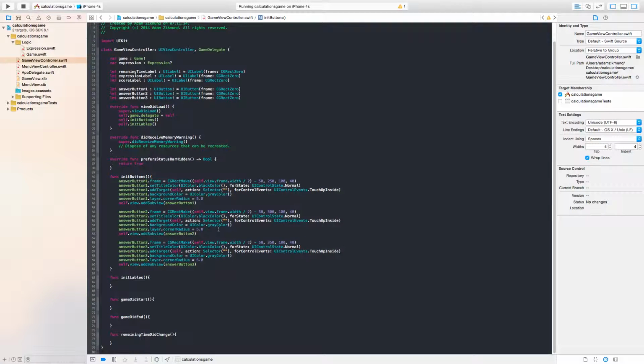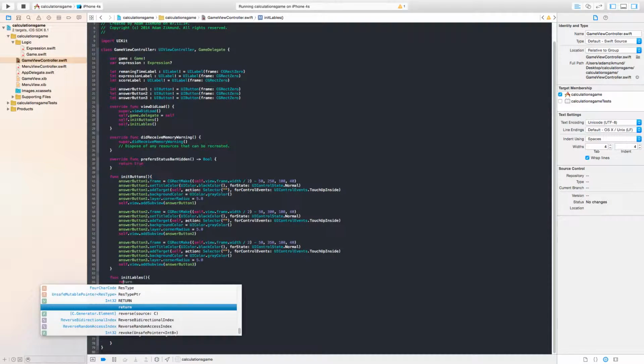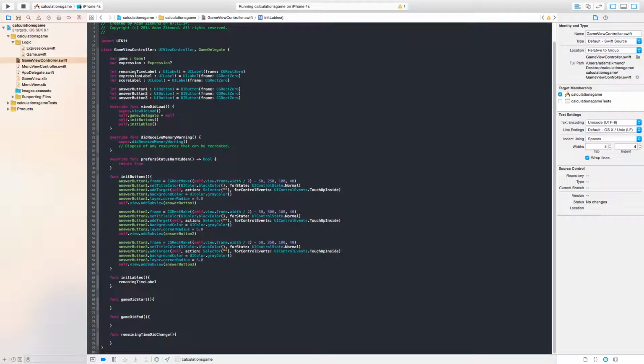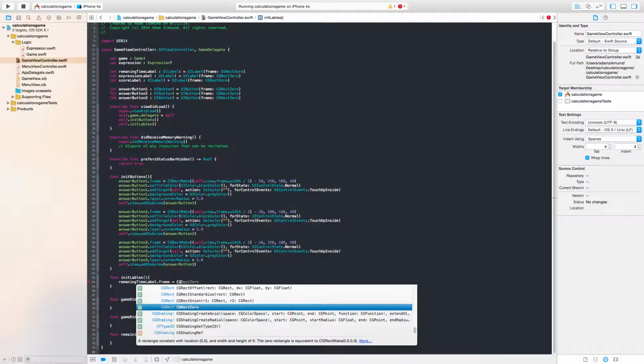So this is it, and what I will do is the initialization for the labels. Labels is some text in our view, so it represents some text value in our view. So I will initialize the remaining time label. I will make the frame for that, so I have to make